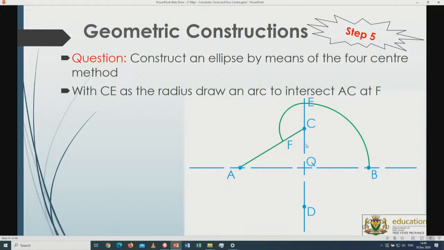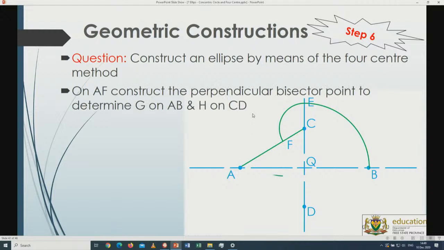Now with my next step, I'm going to take this AF and I'm going to divide this into 2 equal parts. You know the procedures in doing so. So that is getting the bisecting point from A to F. How did I get to F? Q to B all the way up to the top, and then the radius from C to E to find this point. So now there we go with the bisecting point or the shorter end, and that will give me on this axis the red dots that you see over there, the one at G,